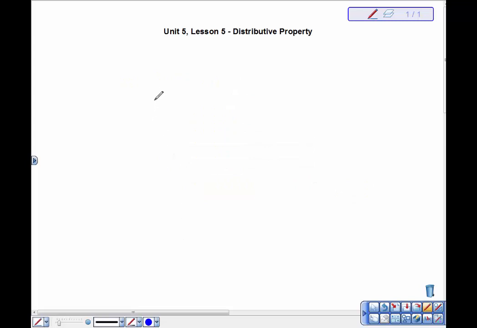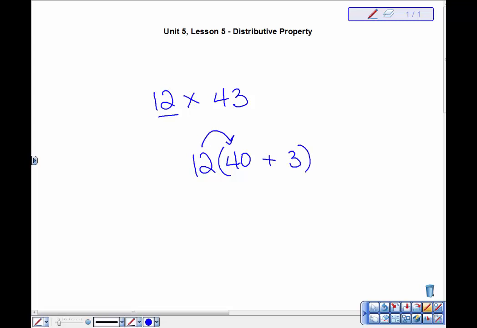Let's try another one. Let's try 12 times 43. 12 times 43. We'll keep the first number, the 12, and we'll break the 43 into two pieces, 40 and 3. So I'm going to give the 12 to the 40. I'm going to multiply it. When I say give, I'm going to multiply it. And then I'm going to give the 12 to the 3. If I write that out, I get 12 times 40